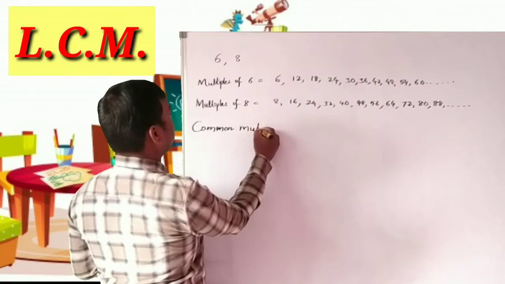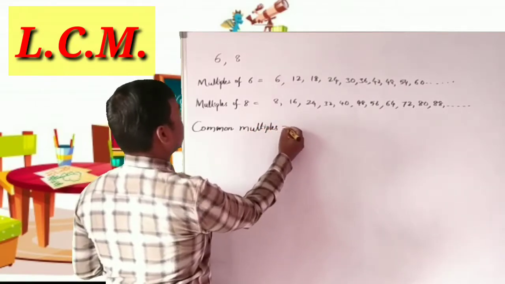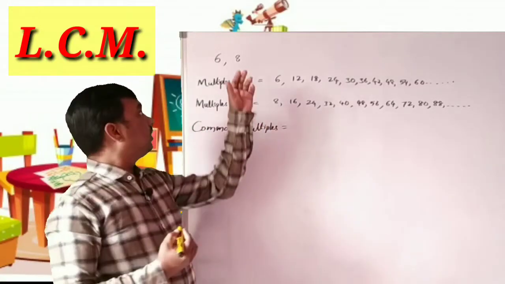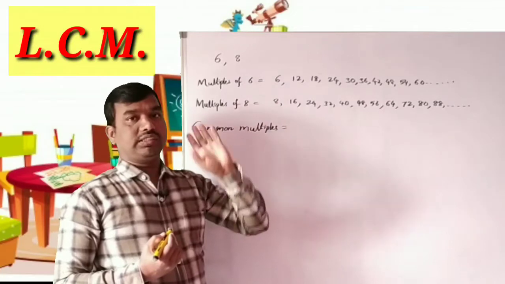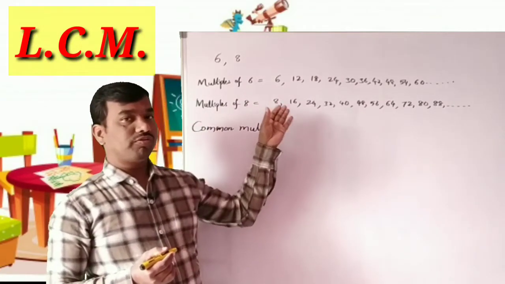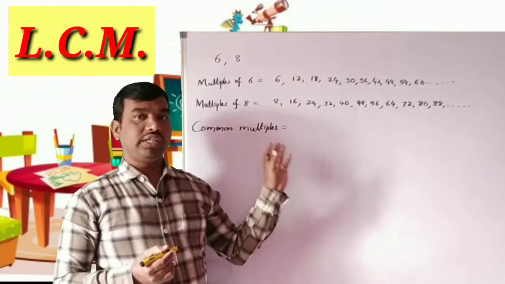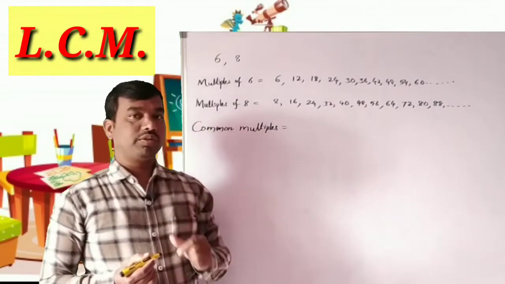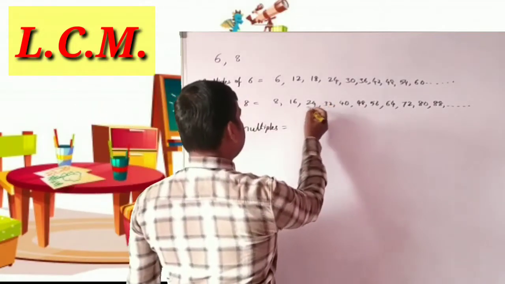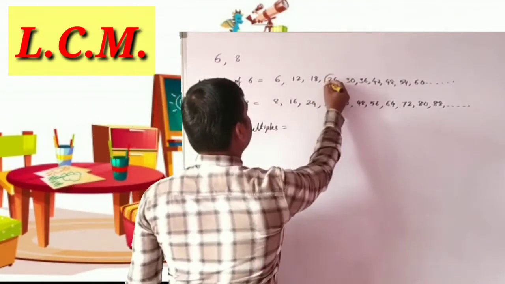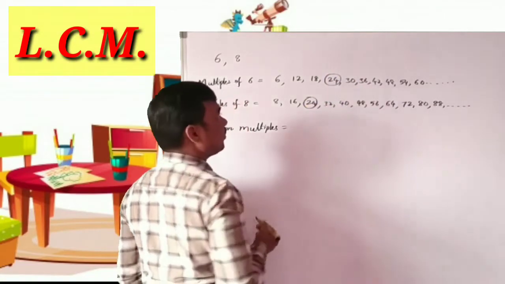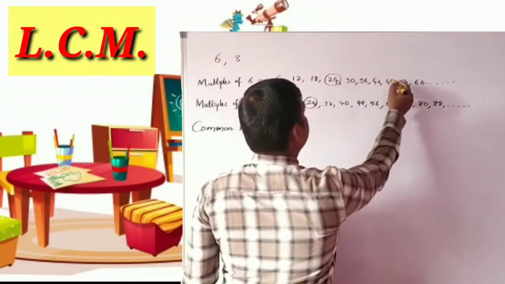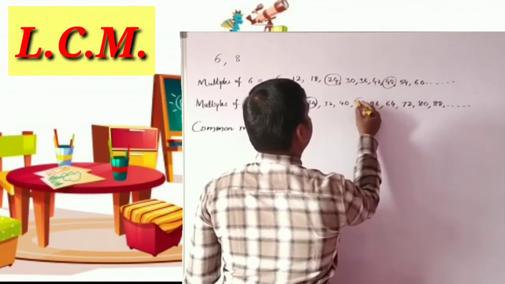Common multiples. Common multiples means the number should be in both the multiples of 6 and the multiples of 8. Such a multiple is called a common multiple. So here, what is a common multiple? 24 and 24. So 24 is a common multiple, and here 48, 48,